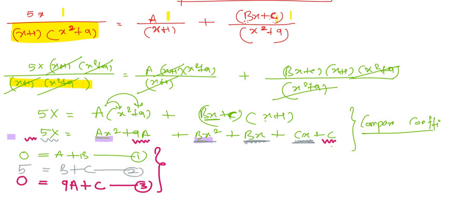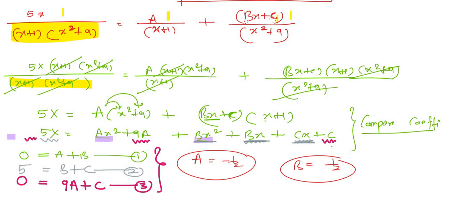Okay, if I solve these 3, I will get A is equal to minus half. You can try it. B is half and C is 9 by 2. You can try on your own, solving 3 equations. So if I get these 3, now I can put them here, which will be much easier to integrate. This A, B, C we will put here. So this will become minus half